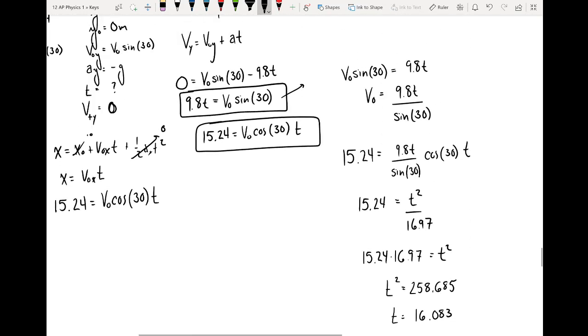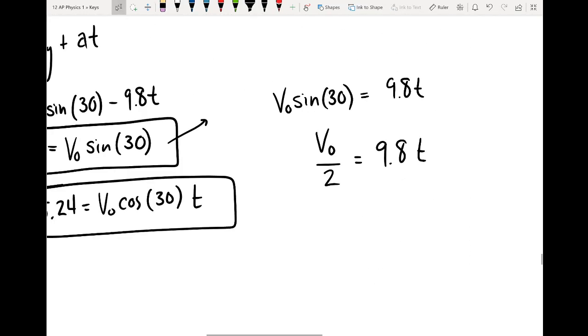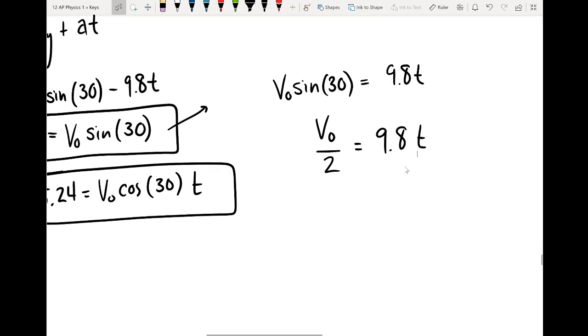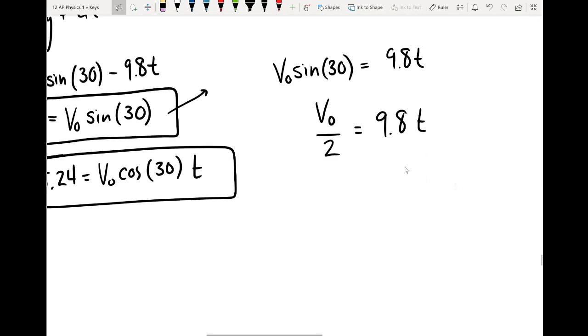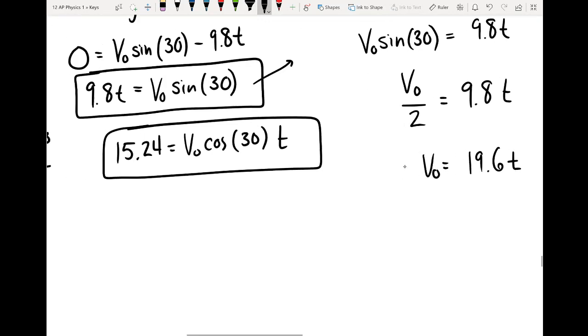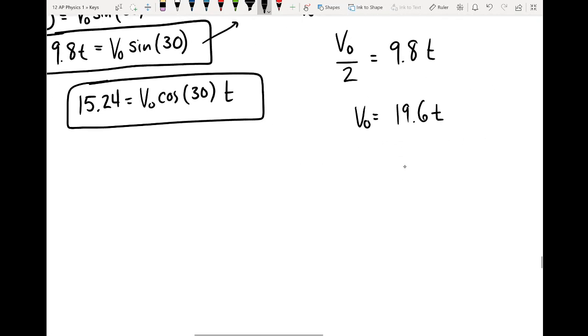I believe I've done something wrong. I'm just going to try it again. I don't know what I did wrong. But so v naught sine 30 equals 9.8 t. So sine 30 is just 1/2. So we can say v naught equals 19.6 times t. So that's a little bit more manageable to plug in. And we have this